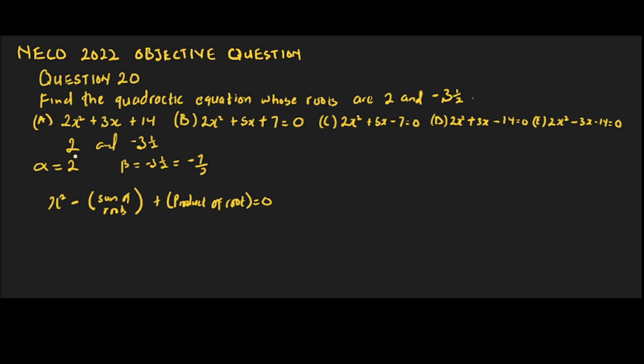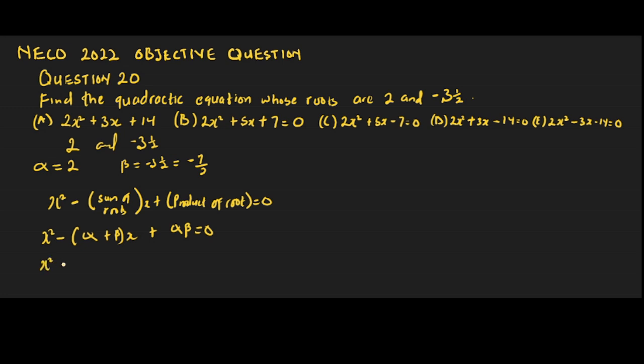We said let the first root be alpha and the second root be beta. That means this can also be x squared minus (alpha plus beta) x plus alpha beta equals 0. So now we can have this as